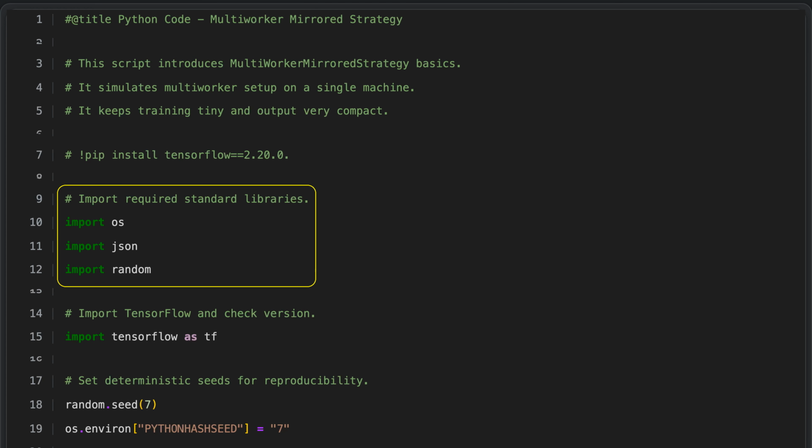We begin by importing 3 key Python libraries. The operating system library lets us interact with the system, for example, by setting environment variables. The JSON library allows us to work with JSON data, which is useful for configuration and data exchange. Finally, the random library provides tools for generating random numbers, often used for tasks like setting seeds to make experiments